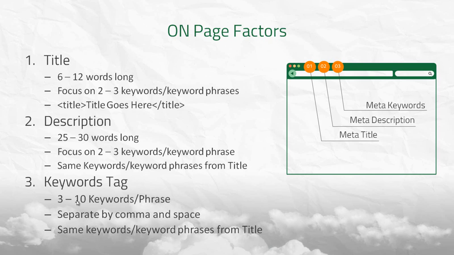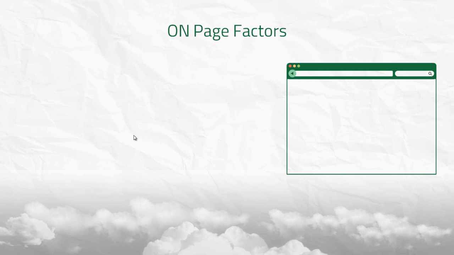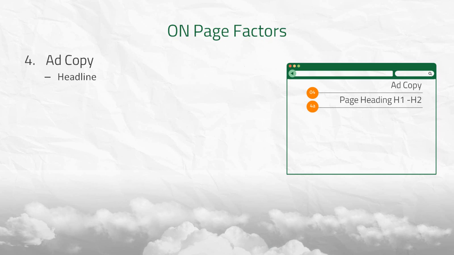All right, so next we're going to be going over the ad copy and what's involved with that. Ad copy, for those that don't know, is just the content that's found on the web page. There are a couple of factors that Google looks at when looking at the content. Number one, they're going to be looking at what's called the headline. You can have multiple headlines, matter of fact, but the headline's usually at the very beginning,